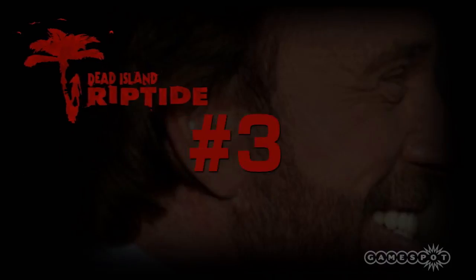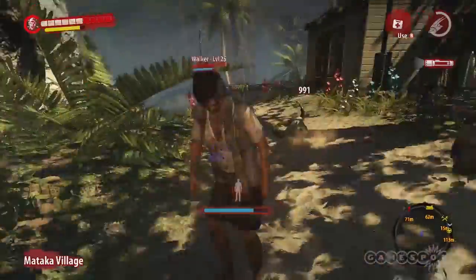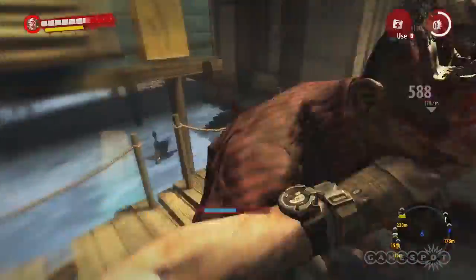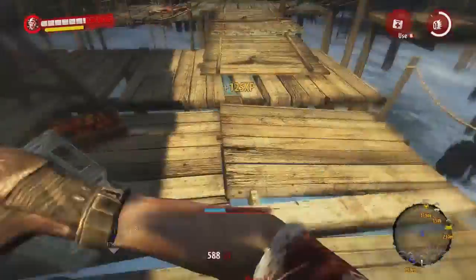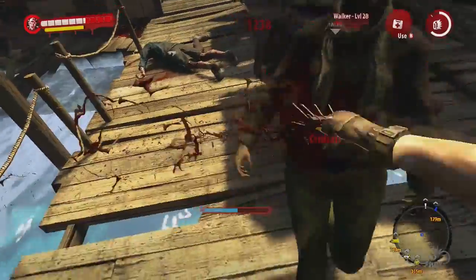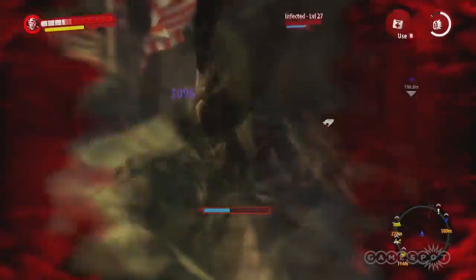Number 3. Make sure to upgrade your cardio skill so that hand-to-hand strikes consume less stamina. This lets you charge into a group of zombies and just wail on them in a flurry of non-stop punches until all that's left is a fleshy pile of meat and bones. Seriously, there are few things in this game more gratifying than just going to town on a group of zombies